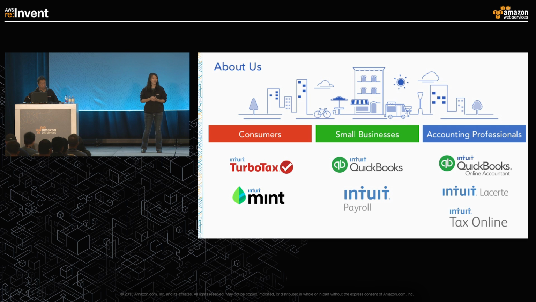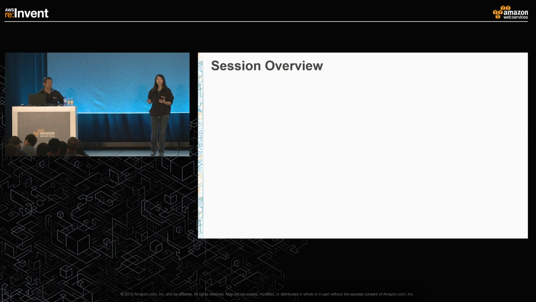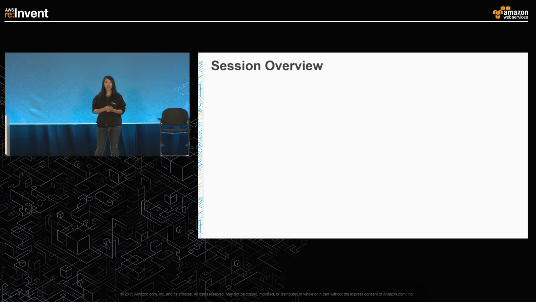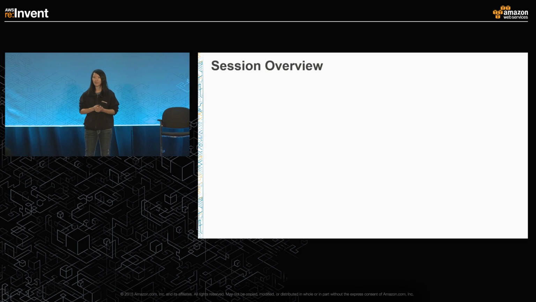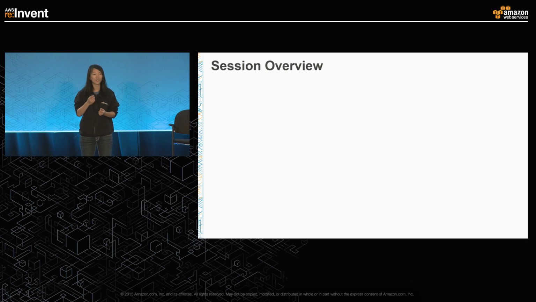For small business owners, we have QuickBooks Online. It allows you to look at your payroll, payment, bill, invoices, all in one single place. It simplifies the way people manage their business. We also have several other major key products for our accounting professionals. It's built into our DNA to look at how we can simplify the business of life. We also look internally how we can simplify the business of life for our engineers. And we're really excited to share this journey with you so that you can go back and also simplify the